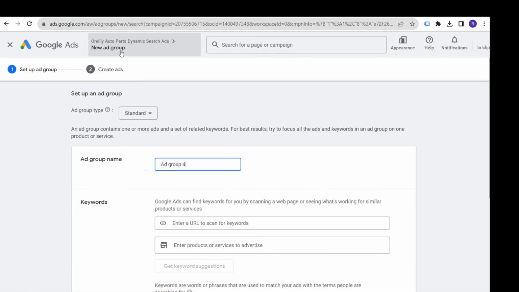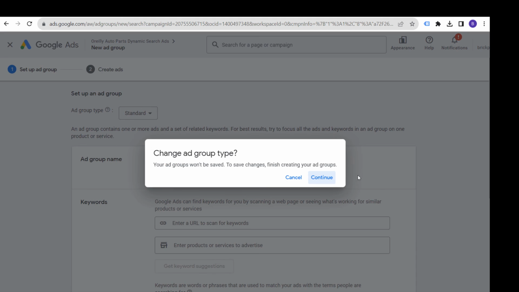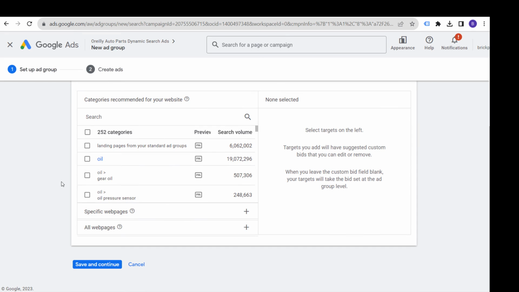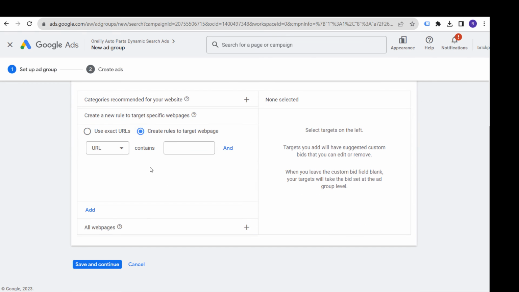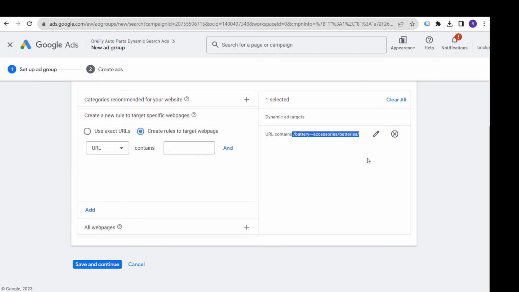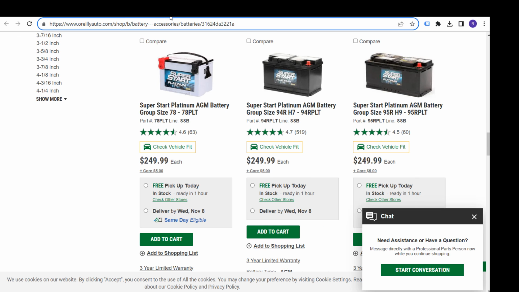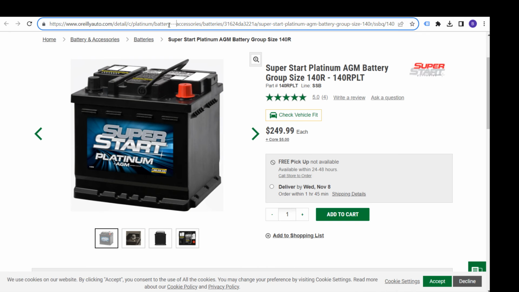So let's create our new ad group. This will be the last one we create for right now. And we're going to click on continue. And now we have ad group 4. So under ad group 4, we will do our batteries, all products. And we scroll down, specific web pages, create rules, URL contains. Okay, so the URL contains this part here, where if we go to a couple of these different batteries that we opened, this will also target the product category page, it looks like, but it will also target every